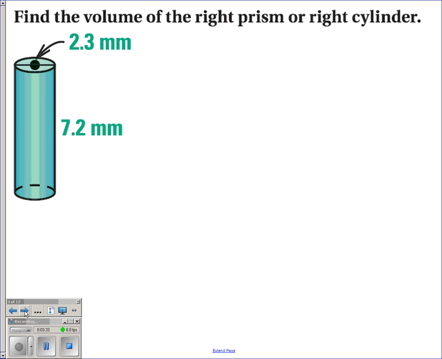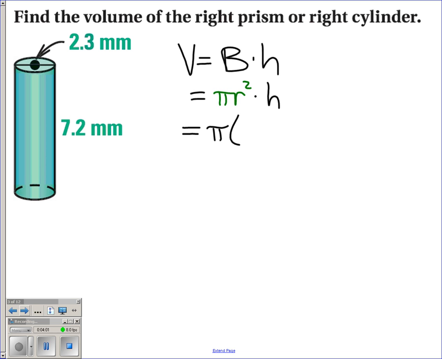Here's another problem. Now we've got a cylinder. Same formula, but it'll be a little bit more exact because we know the area of the base is always pi r squared. So we'll put that in here times the height of the cylinder. Well, the radius is not the 2.3. The 2.3 is the diameter. So we need to plug in 1.15 because that's half of the 2.3, squared, times the height, which is